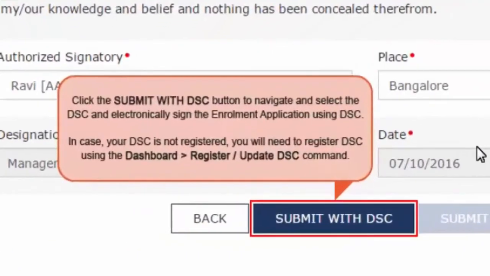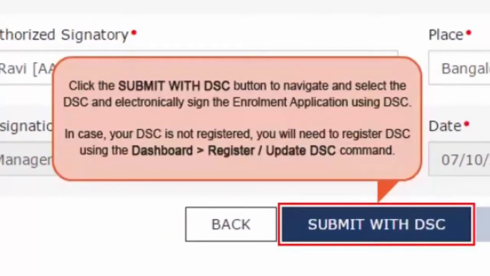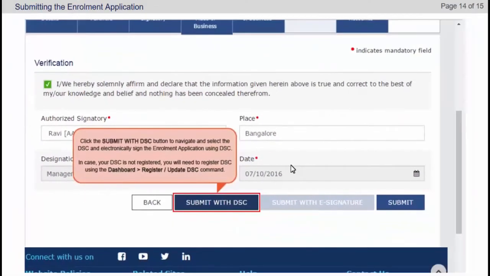Click the Submit with DSC button to navigate and select the DSC and electronically sign the enrollment application using DSC. In case your DSC is not registered, you will need to register DSC using the dashboard Register or Update DSC command.